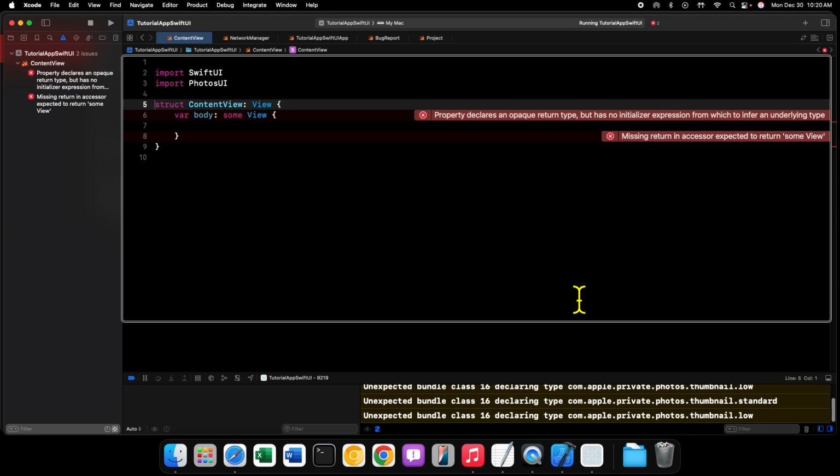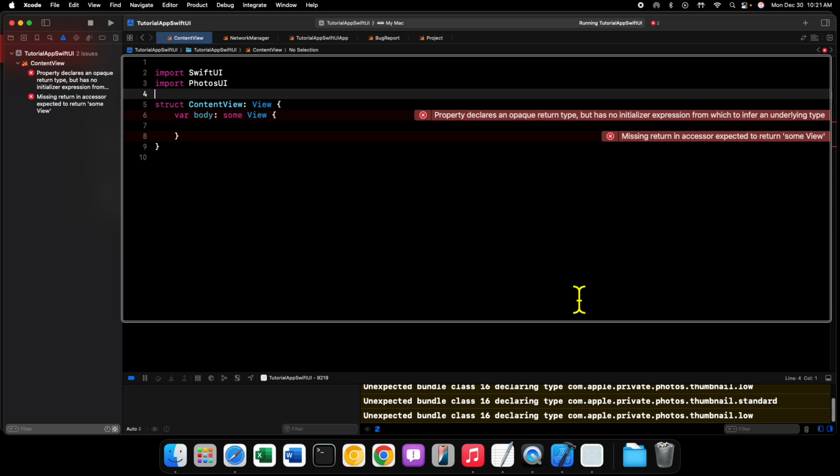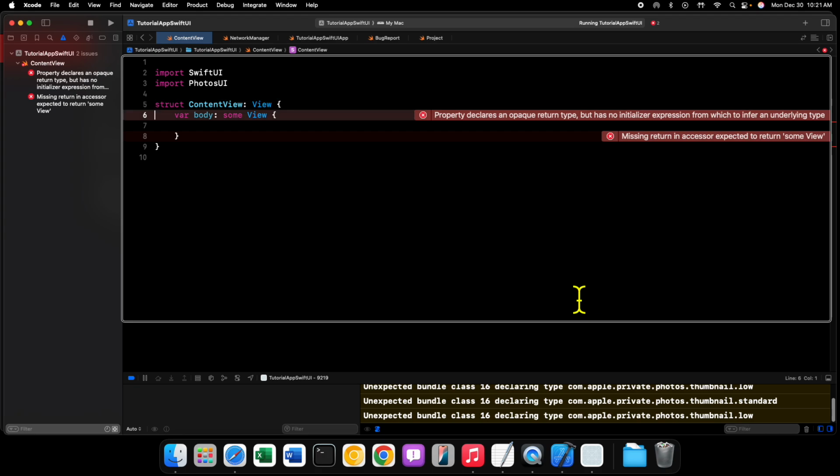And then we're also going to give it a label because, well, we need a label, right? So that's what we're going to do with this, but you can specify filters, which we're also going to do. You can specify how many assets you can select at maximum, all that kind of stuff. I urge you to explore some of the initializers because the PhotosPicker is very customizable. You can do a lot with it. So, inside of our ContentView struct,